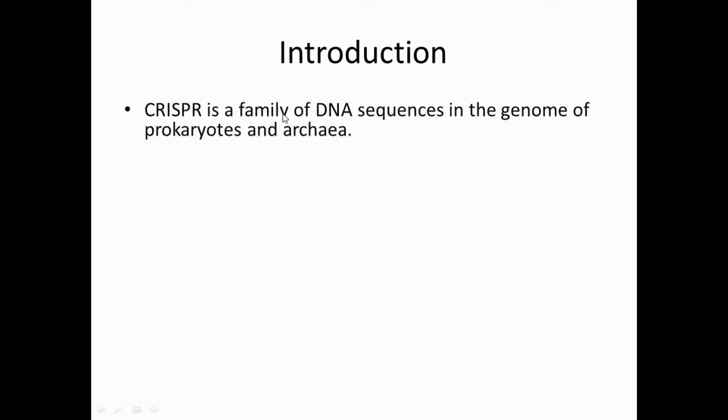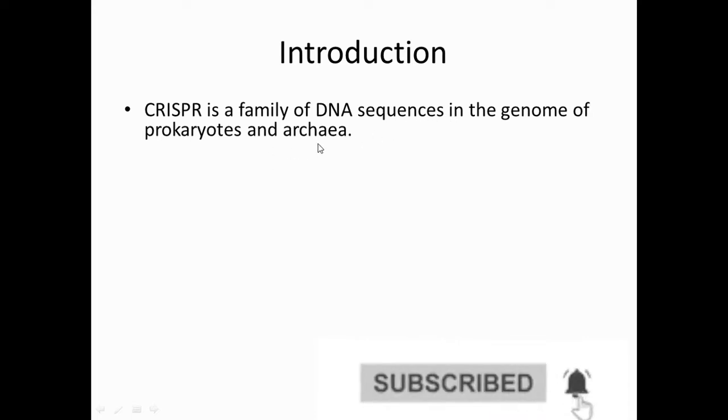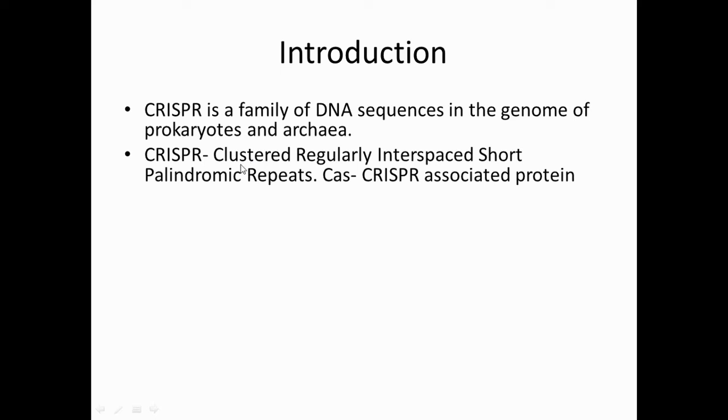So the first point is the introduction. CRISPR is a family of DNA sequences in the genome of prokaryotes and archaea. CRISPR simply stands for clustered regularly interspaced short palindromic repeats, and Cas stands for CRISPR-associated protein. So CRISPR is nothing but a family of DNA sequences. For example, CRISPR is specifically a DNA sequence which is generally present in the prokaryotes and archaea, and which